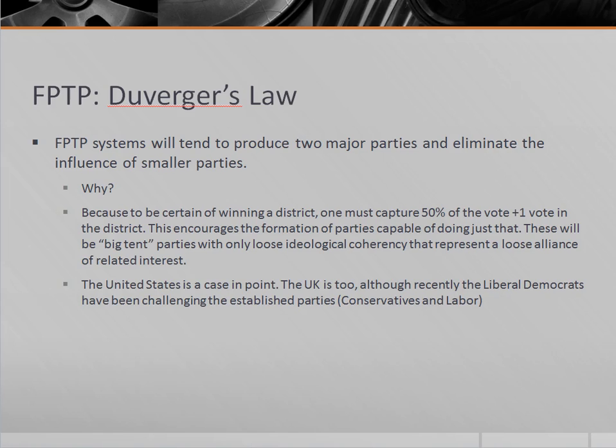So what happens is that you end up having the formation of relatively big tent parties, which don't have a whole lot of ideological consistency, but end up being alliances of different related interests that don't always make that much sense together, but ends up being a grouping of people that can roughly get together to win 51% of the